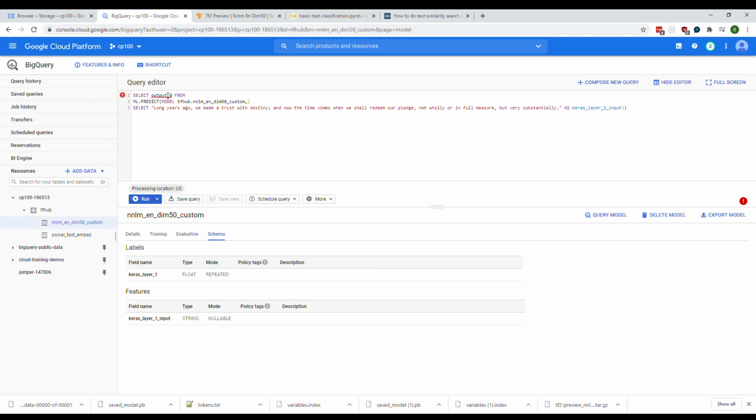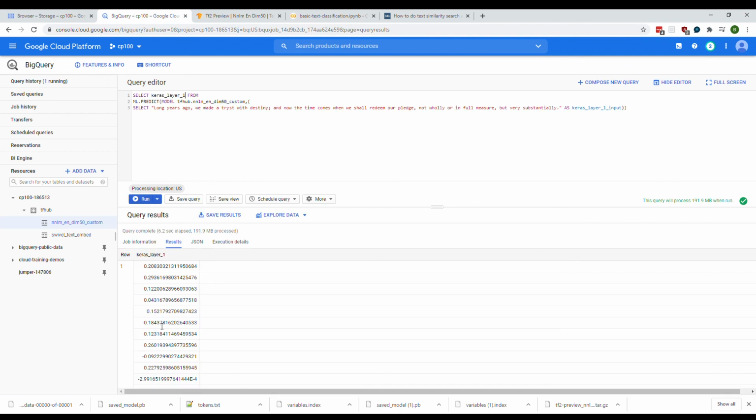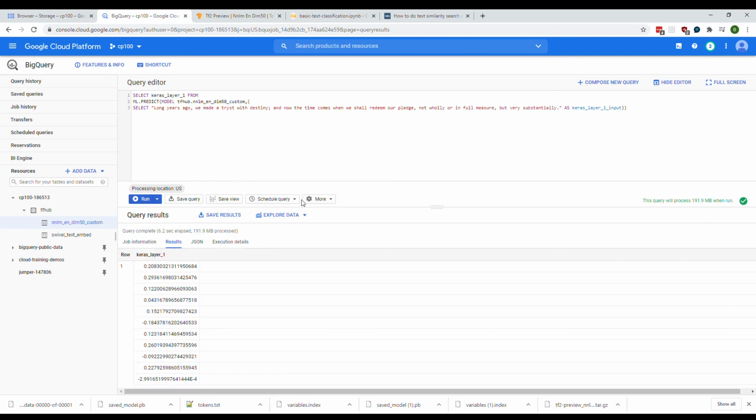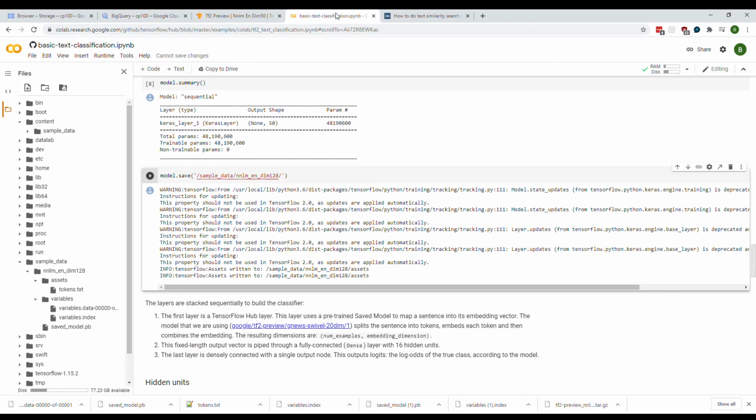Okay. So same thing, the output will be keras_layer_1. And we will get our result of 50 dimensions over here. Right. Okay. So just coming back to our